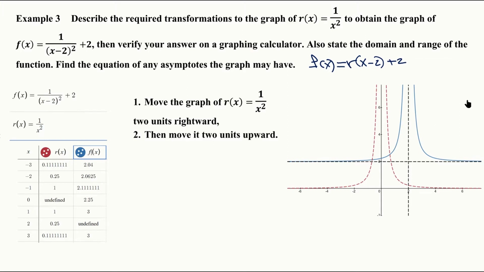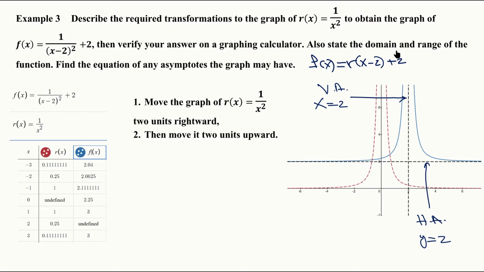So I'm thinking that hopefully you found the equation of the vertical asymptote to be x equals 2, right? And the equation of the horizontal asymptote is of course going to be y equals 2. Okay,